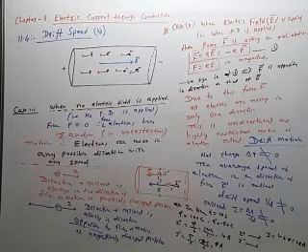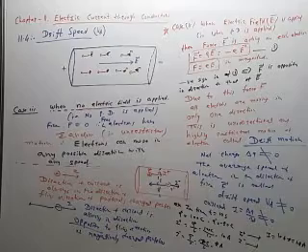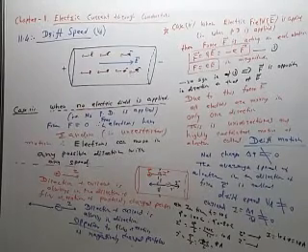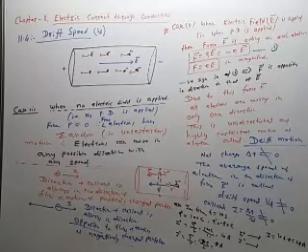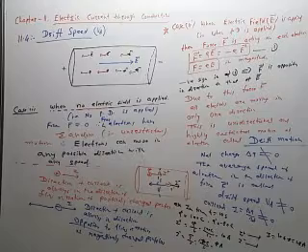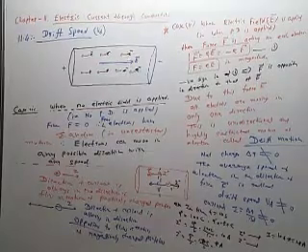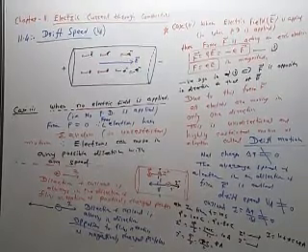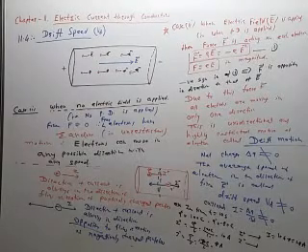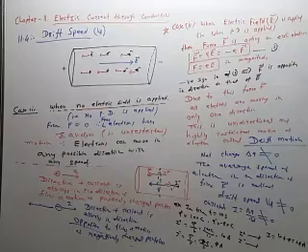The current flows in the direction of the positive charges, the current flows in the direction opposite to the electron, and therefore the net current is decided by how many positive, how many negative charges are flowing and what is their direction. So when electric field is applied, then there is a current observed and that current is due to the drift motion. So drift motion is responsible for the current.